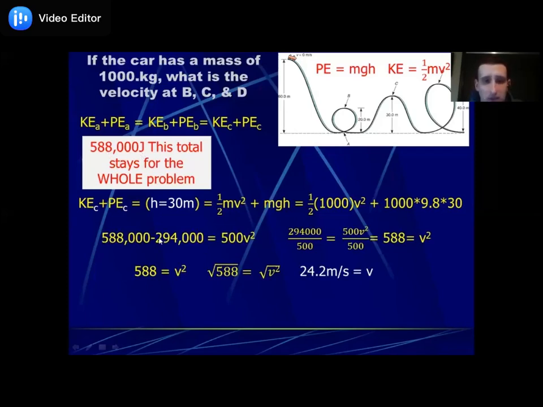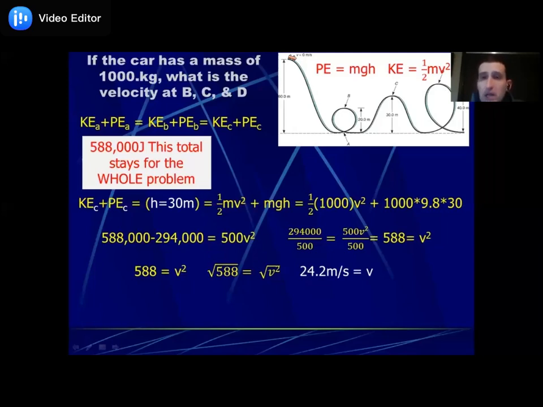What we got actually was exactly half of the total. It shouldn't surprise us. We're exactly halfway back to the top, right? We have a height of 30 instead of 60. So that gives us 294, which is half of 588. When you subtract them, you still get 294, right? We subtract half, we have half left. We divide that 294 by the 500, and we get 588 equals v squared. Now v is 24. So we had 34, 28, 24,